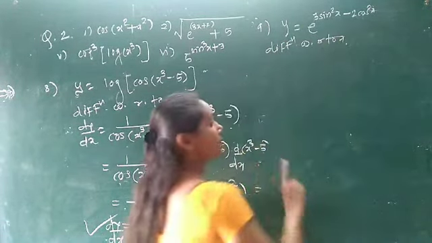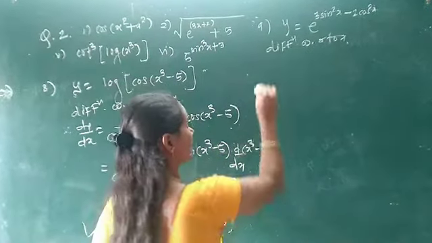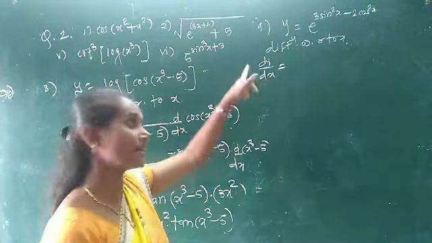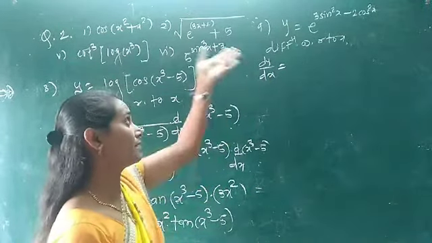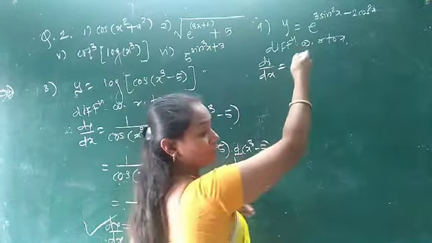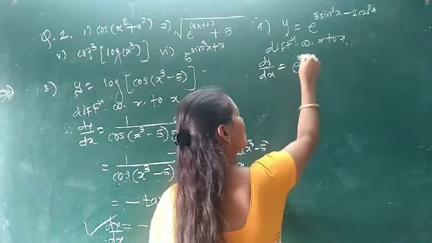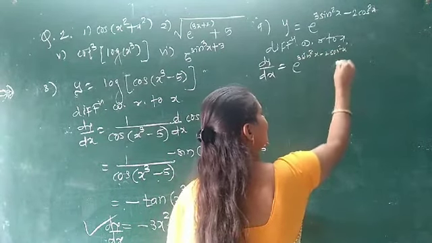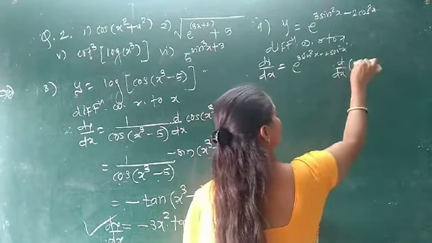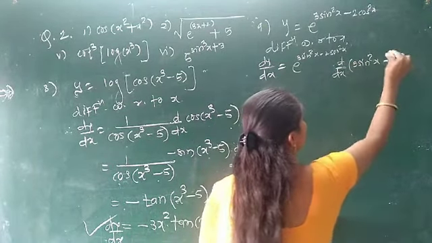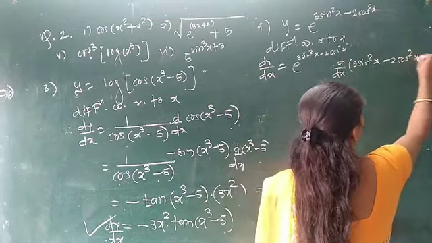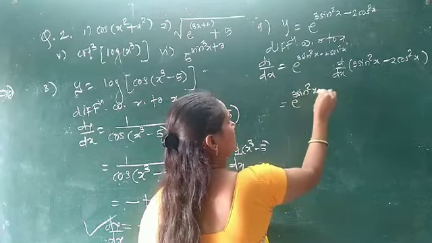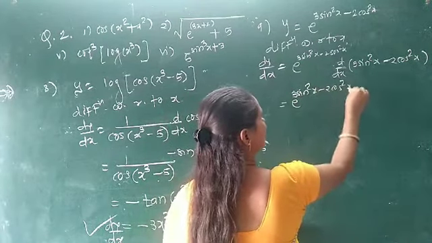Every time write differentiate with respect to x. Don't forget. While finding the derivative, first write differentiate, then dy by dx. So dy upon dx. We know the derivative of e raised to f is e raised to f into f dash. So write this down: e raised to 3 sin square x minus 2 cos square x into the derivative of this function 3 sin square x minus 2 cos square x. This term, write as it is, into